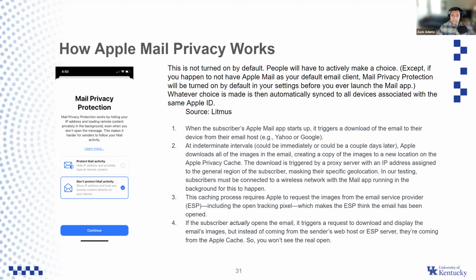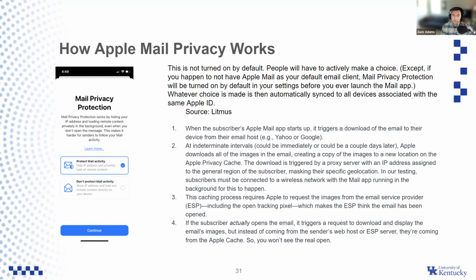The reason that we may be seeing this so early on is because the new setting does require an opt-in. So basically the way that the new mail privacy policy is going to work is that when the Apple Mail app starts up, it will trigger a download of the new version. It will give an option to opt in to the mail privacy practice. And functionally, it is going to basically obfuscate open rates a little bit. There is going to be some proxy that the emails go through before it hits the end user, and it's going to be harder to track when they open emails.